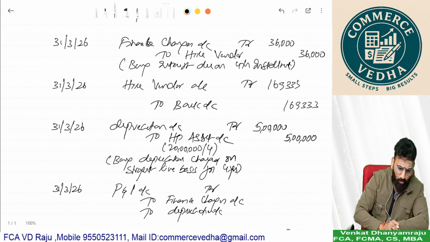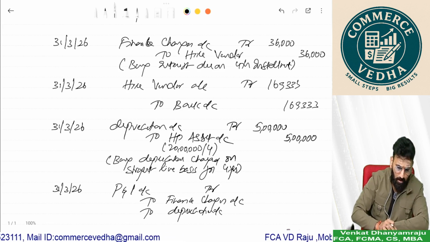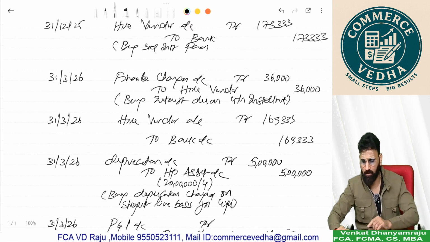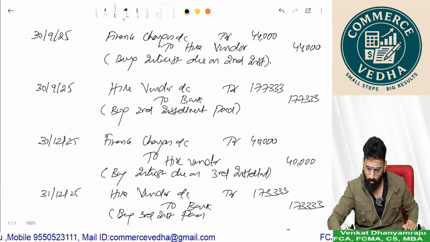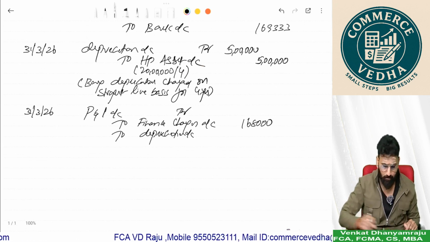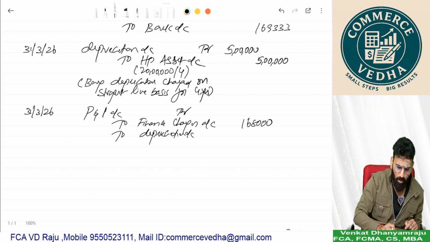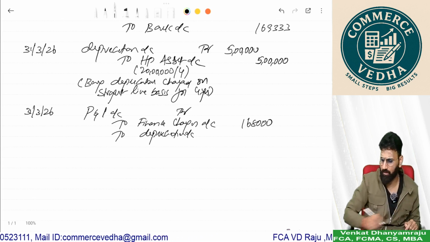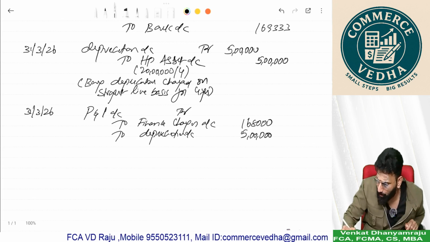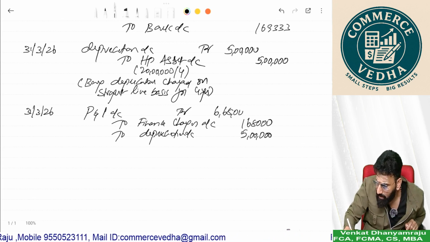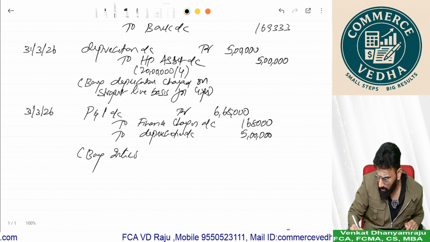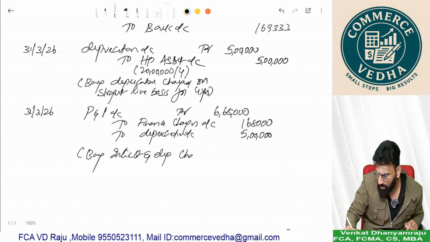48,000 plus 44,000 plus 40,000 plus 36,000. Total finance charge is 1,68,000. Check here: 36, 40, 44 and 48. So 48 plus 44 plus 40 plus 36 is 168, and depreciation is 5 lakhs. Total debit to P&L is 6 lakhs 68,000. We should write being interest and depreciation charged to